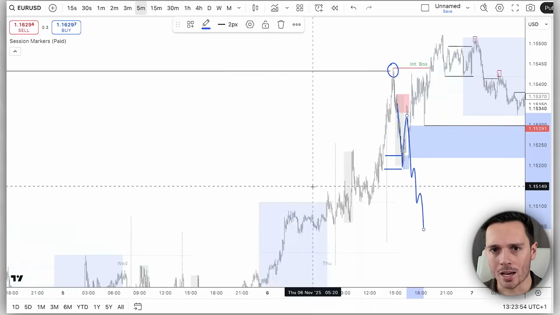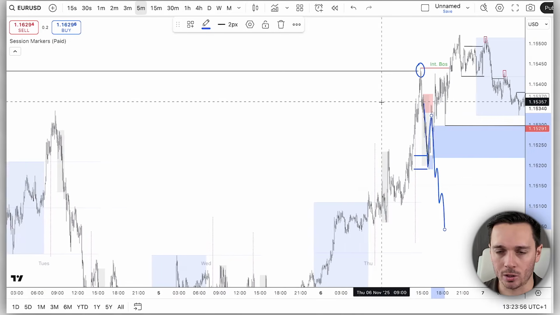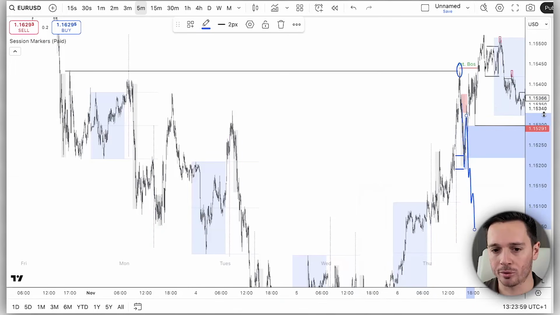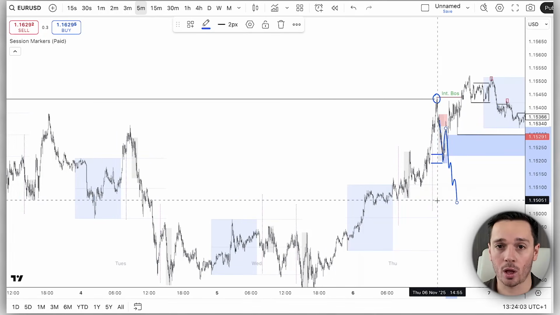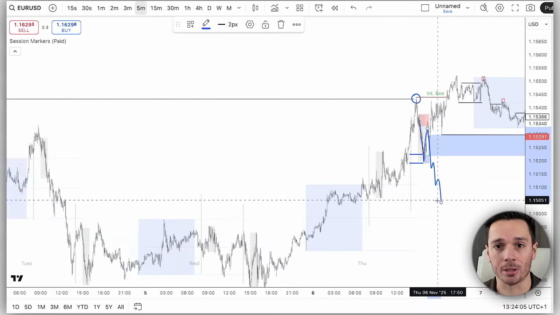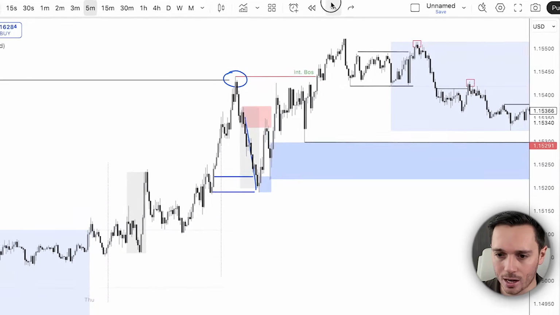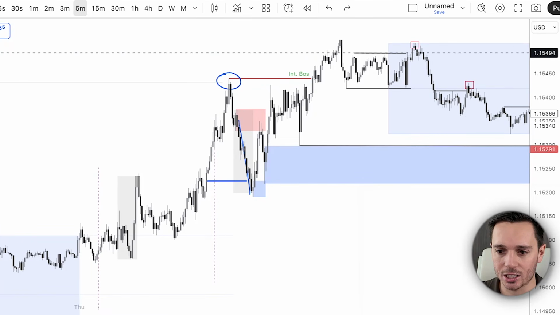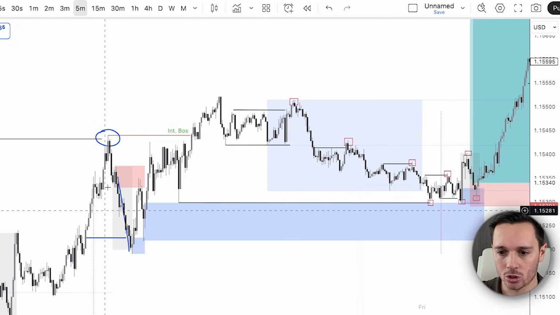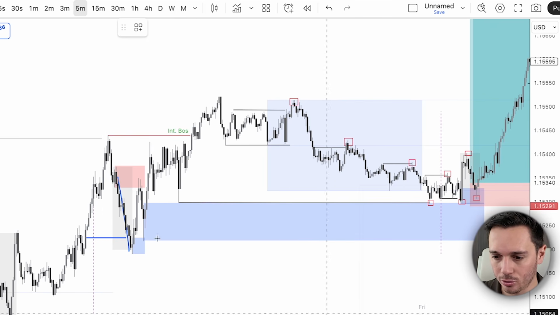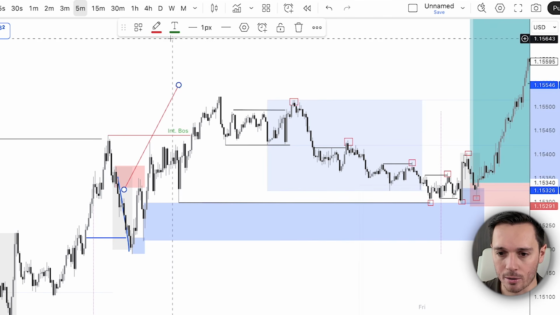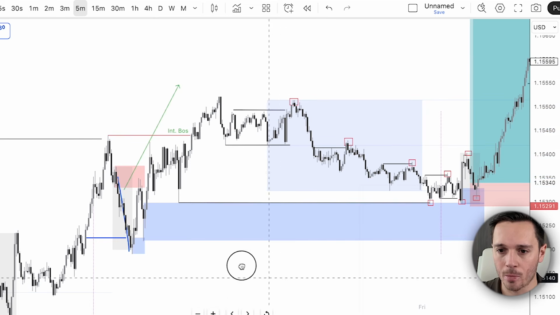keep going lower. As we know, if that inducement had enough orders or was powerful enough, or there were actual real orders behind that move, that should have continued to the downside a bit more. But as we can see, that didn't happen. And what we got is an expansion now to the upside. So we can see how this inducement failed, and therefore we actually created a push to higher moves in